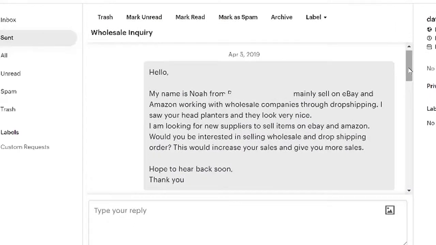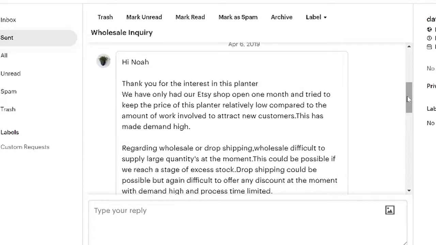So just to show you an example of sending a supplier a message, this was a supplier that I found on Etsy who was selling planters, and I actually really wanted to start working with them. I thought their items would do well on eBay and Etsy, especially since I do already sell a lot of planters. So I shot them a message, and ultimately it actually didn't work. I heard back from them, but they told me that their items were too expensive, that they just started, and that they weren't really interested in dropshipping. So ultimately they said that they would get back to me, but they never did. And that was in April, and it never actually started working.